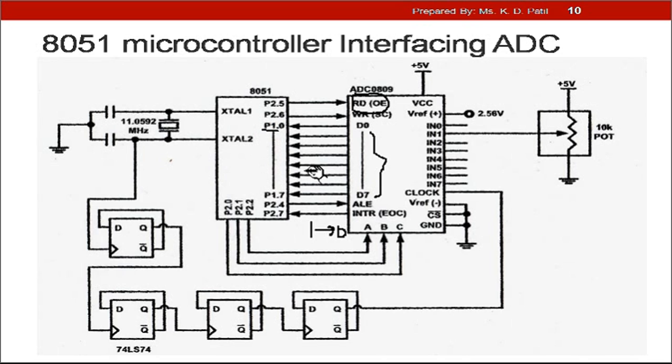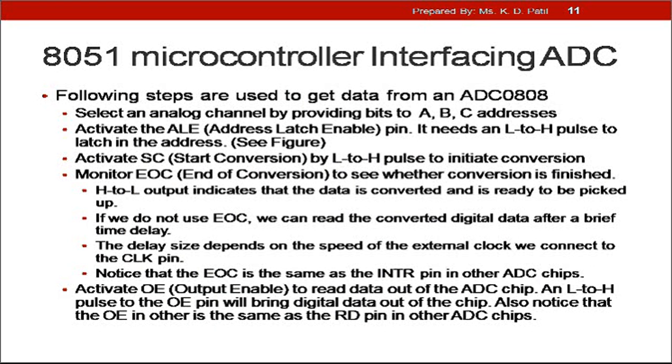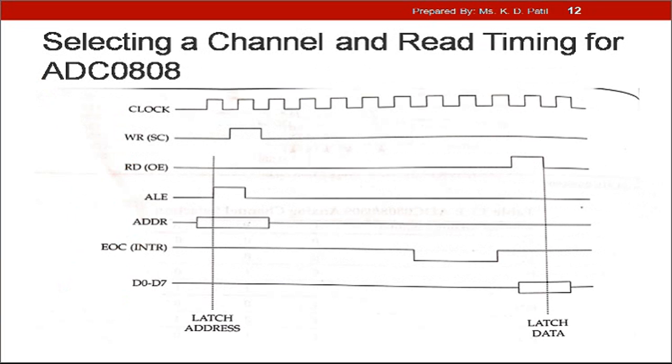Okay, so likewise the analog signal which is recorded at analog input 1 will be converted into digital numbers, and through these lines those digital numbers will be sent to the microcontroller, and now the microcontroller can process that data for further use. So I hope you have understood how we have interfaced the 8051 microcontroller with ADC. If you observe the pin diagram, whatever I have explained is the same in the pin diagram.